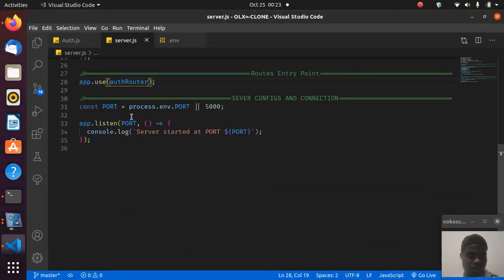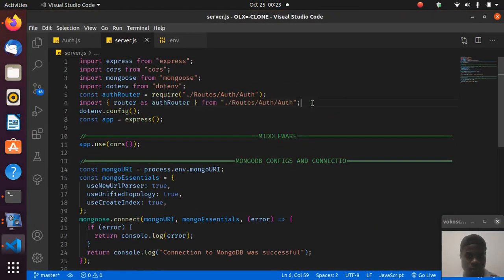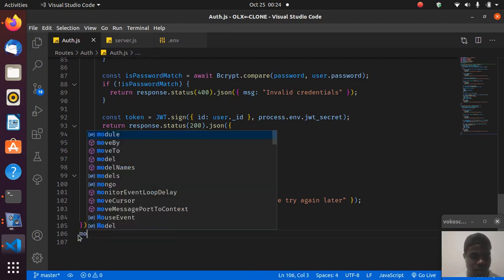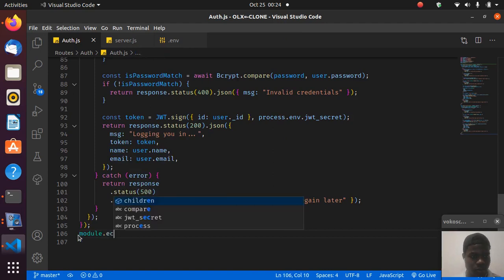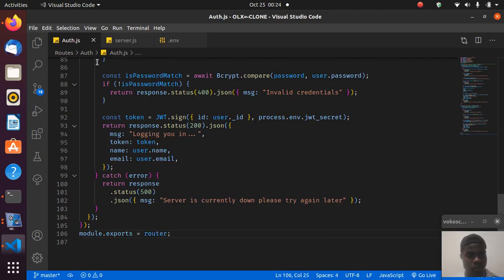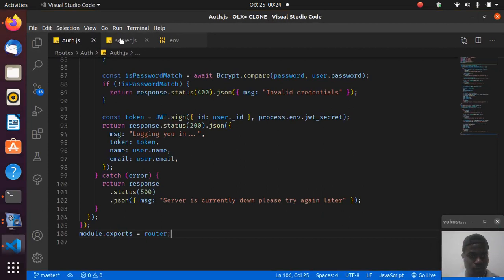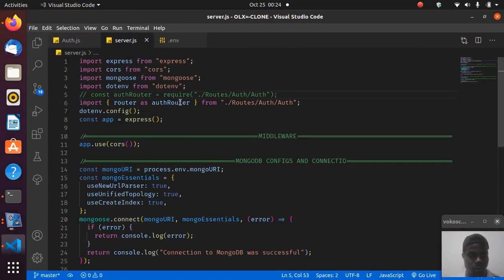Okay, so if I say, if we bring this up, we do that, and then we say, this is just a thought, guys, we say module.exports equals router, right? So obviously that might not work because I have to